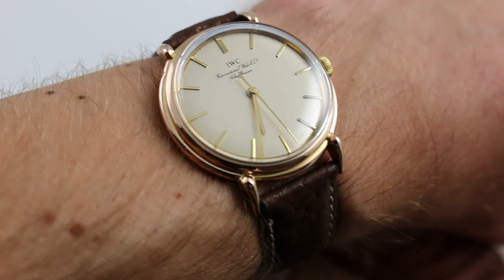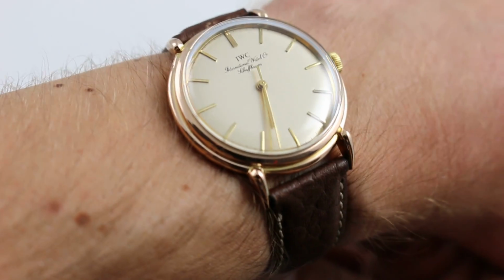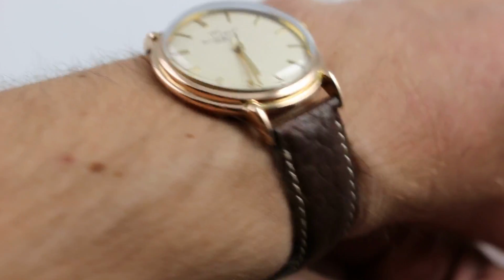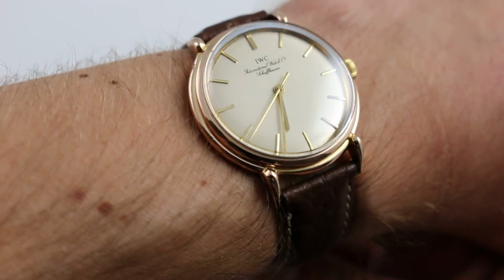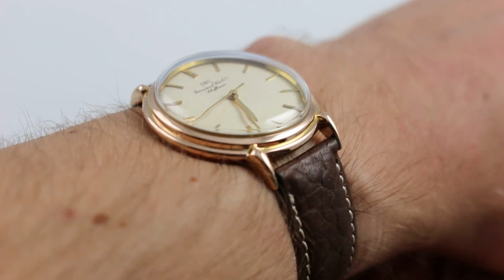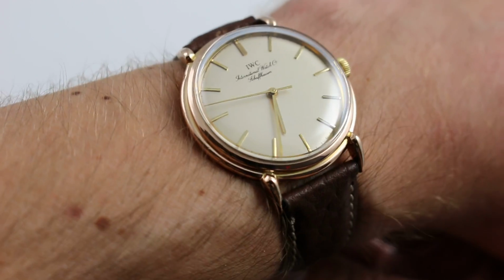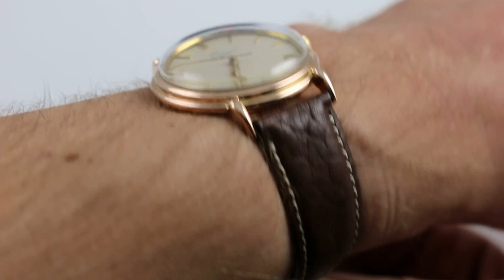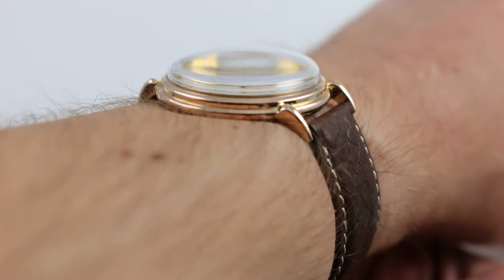Now, IWC's great caliber 89 manual wind debuted just after World War II. Schaffhausen, which had unfortunately been bombed by U.S. forces during the war, had barely stopped smoldering at the time this caliber debuted. Robust, stately, rugged, and long-lived, it was produced from approximately 1946 to 1976. But very few of the watches to bear the manual wind movement are this attractive, nor have they survived this